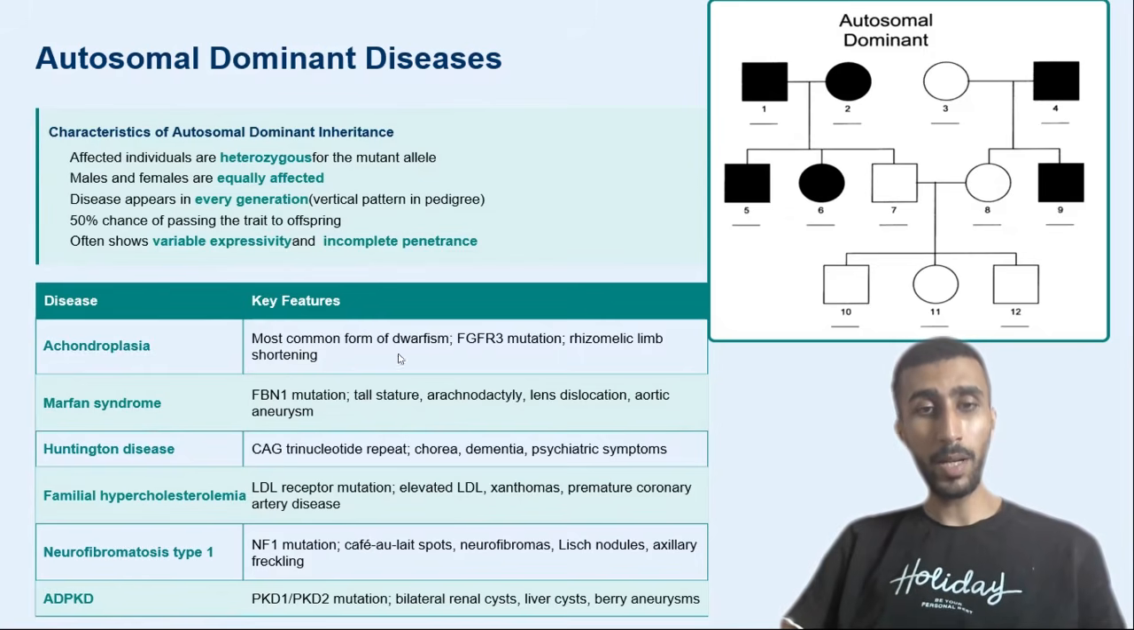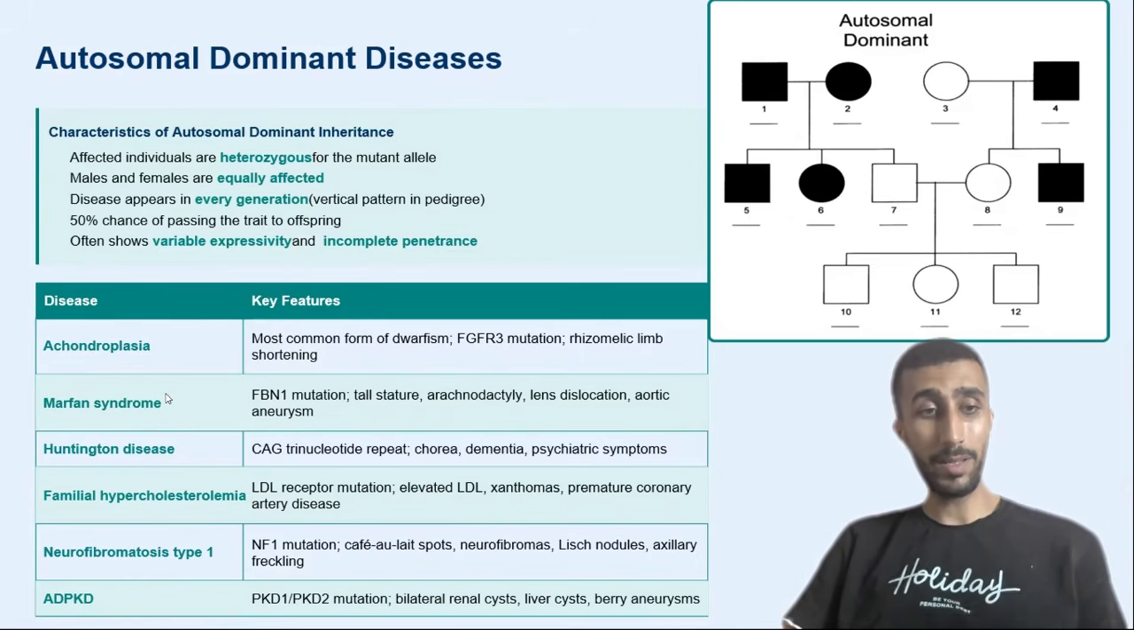First, achondroplasia. The mutation here is FGFR3, fibroblast growth factor receptor 3 mutation. Very characteristically, they have limb shortening. There is disproportionate shortening between the limbs and the torso, so the limbs are shorter than the torso. There is disproportionate shortening of the upper and lower limbs. FGFR3 mutation, and this is the most common